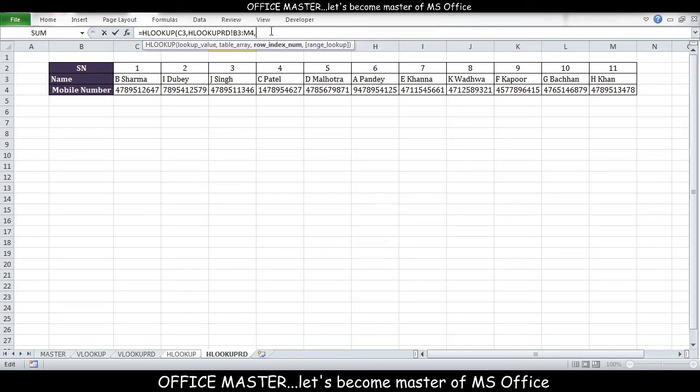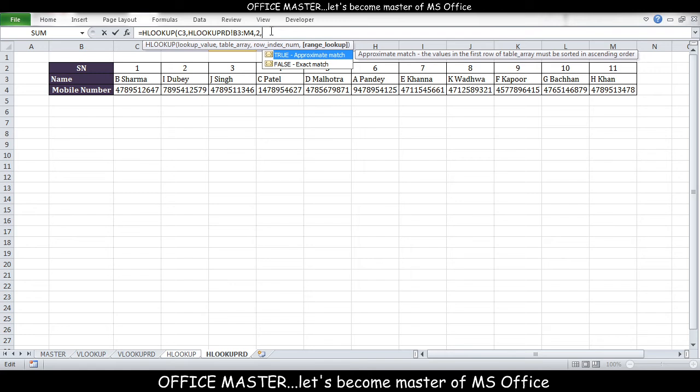Here my lookup value is present in row number 3, which is the first row of my table array. So name is in row index number 1, and mobile number is in row index number 2. So we will simply put 2 here.